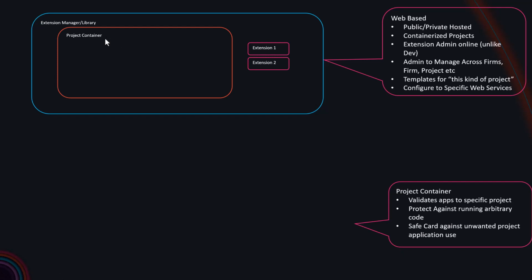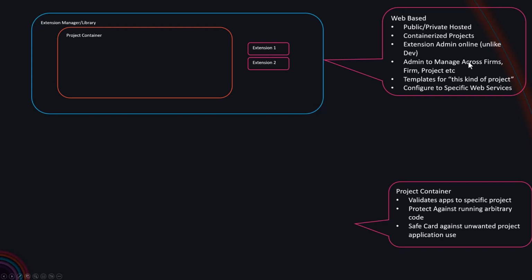When joining it, they get the right stuff. But what you want to be able to do here is maybe do things like host it yourself. This orange layer is the beginnings of the container. I want to admin these online, like I said. So you want to be able to think about adminning to manage across multiple firms, especially in a collaborative